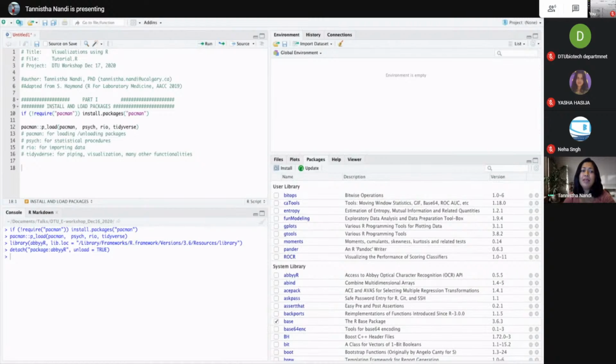And in case you don't want to use the package manager and you want to load the packages manually, that's possible. You just call it through this function called library and name the package. This is another package, which is basically the base package of R. So these are a few ways that you could